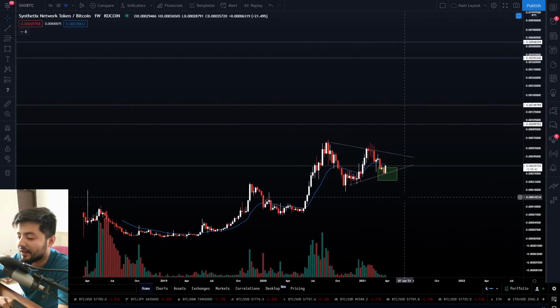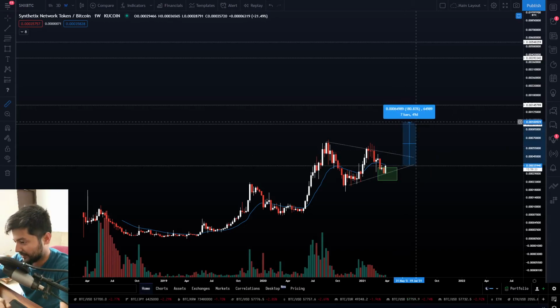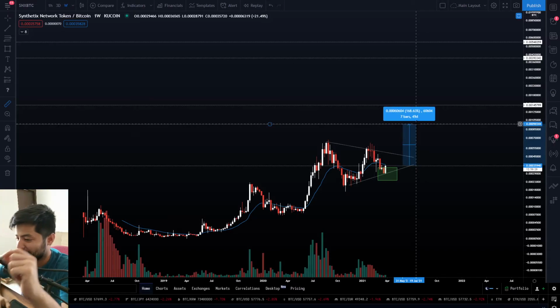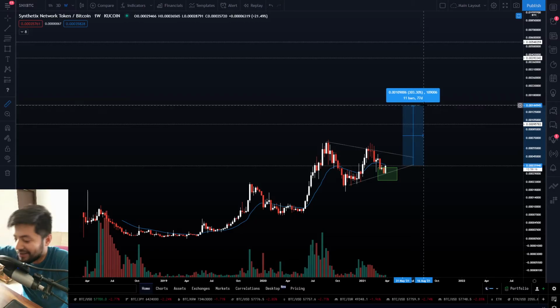So guys, how is this relevant to the Synthetix USD pair? Even if BTC stays sideways for a very long time, Synthetix against BTC is going to probably grow to the upside. First target, a 166% move to the upside, aligning with $60 Synthetix from the current price action. I guess at least $40 Synthetix. And your next price target could be a 300% move on the BTC pair, which could be aligning with massive targets towards $80-90 Synthetix, guys.